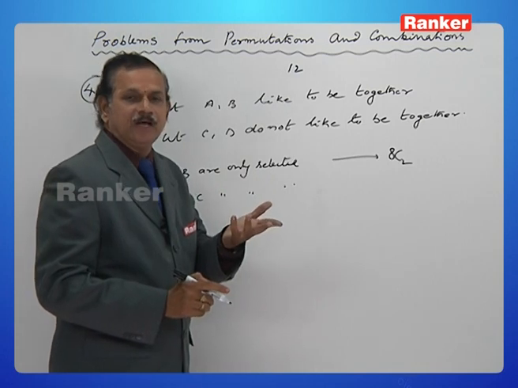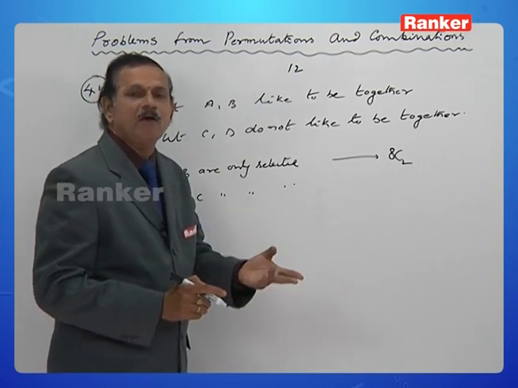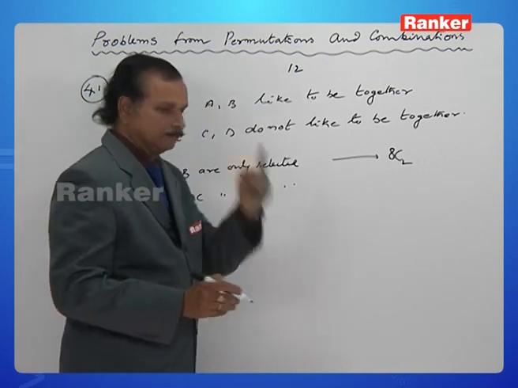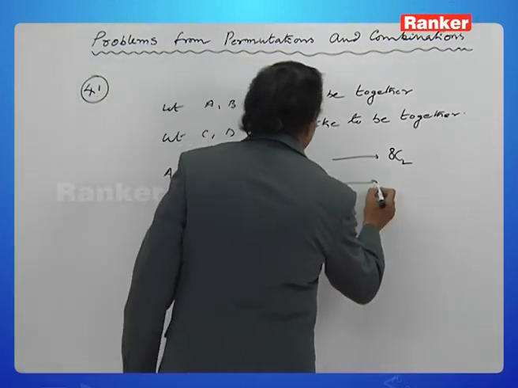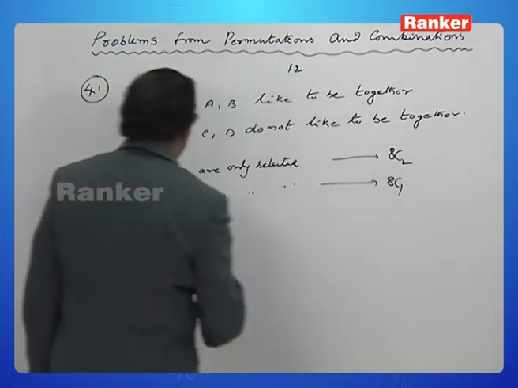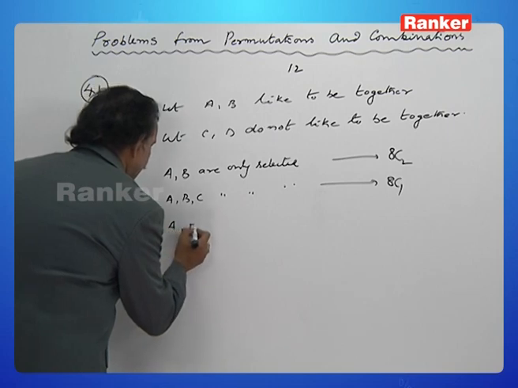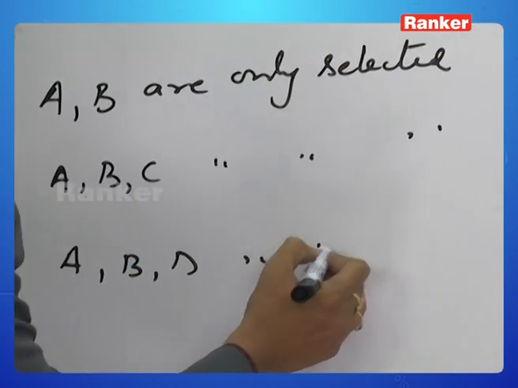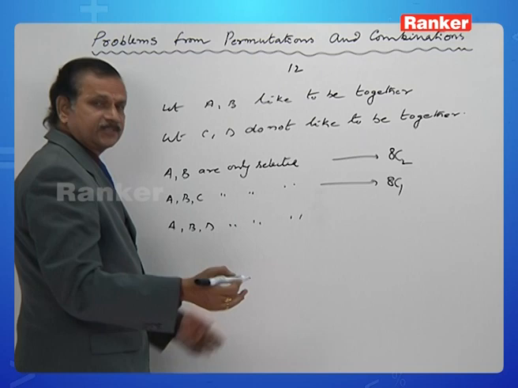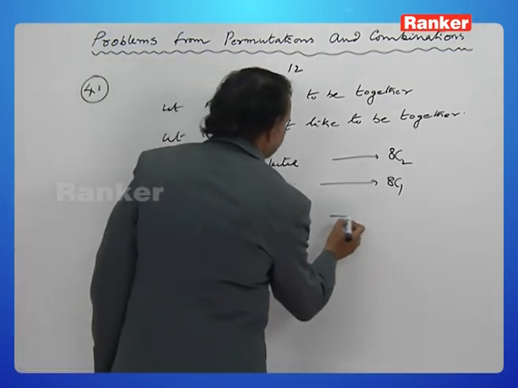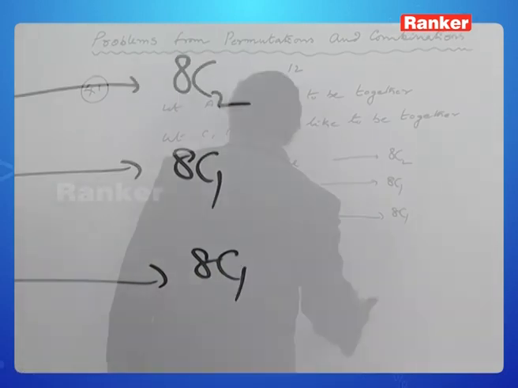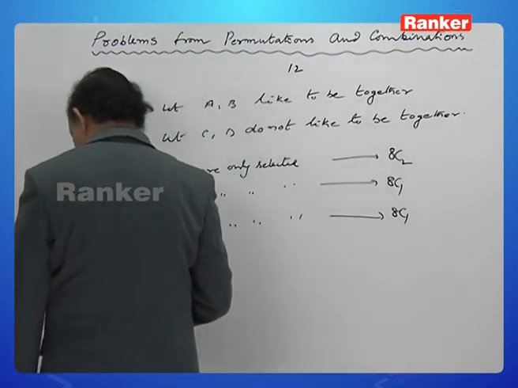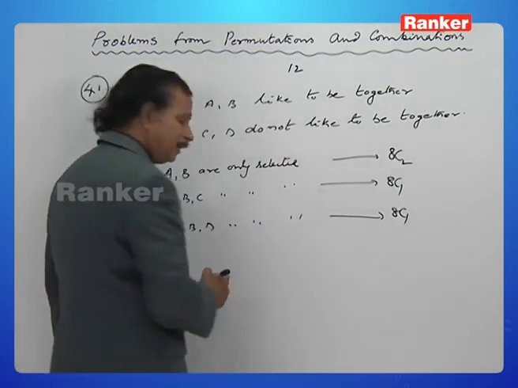Remaining 8. Out of those 8, how many are required in the committee? There is only 1. Therefore, 8C1. A, B, D are only selected. Again the same discussion, then the answer is 8C1. A, B, D are already selected. Next case,